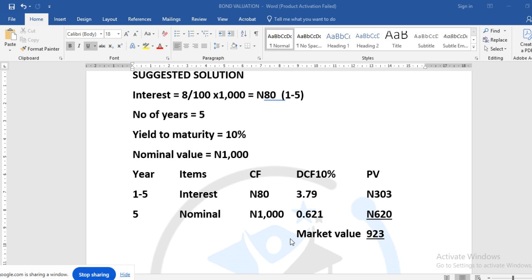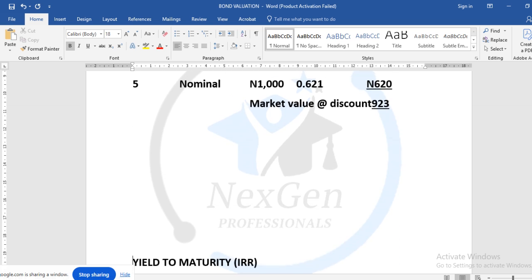So this is market value at what? At discount, because the question may ask you whether it is at discount or at premium. You can see bond valuation is very simple, right? Very simple. Just understand these things. Once you understand the steps and how to determine all these jargons, we'll move from there. So now, next,